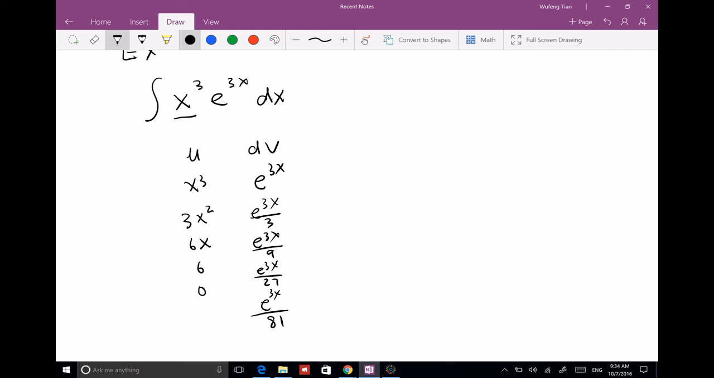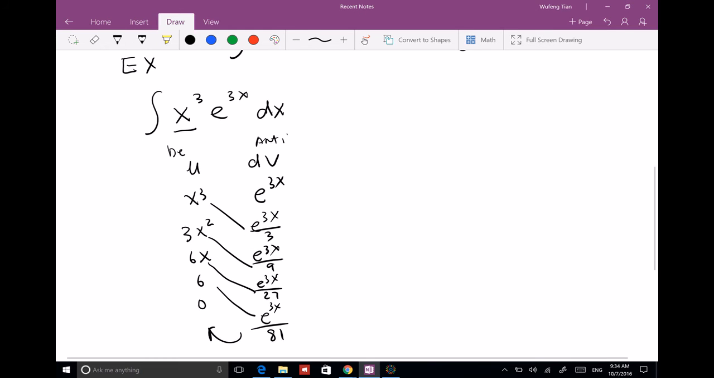So basically we do the derivative on this side and the antiderivative on this side. And then we cross multiply, cross multiply, cross multiply, cross multiply. The last part, we do have a last part here, but because it's 0, it disappears. So the final answer for this one has signs plus, minus, plus, minus, plus. And so the answer of this one is x cubed e to 3x over 3